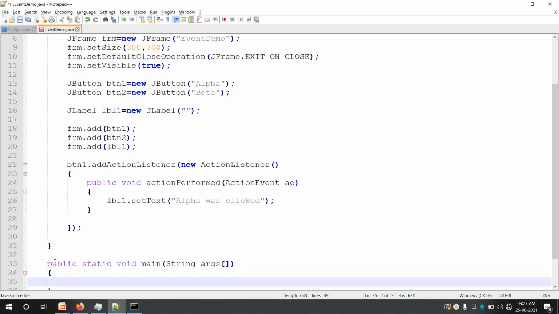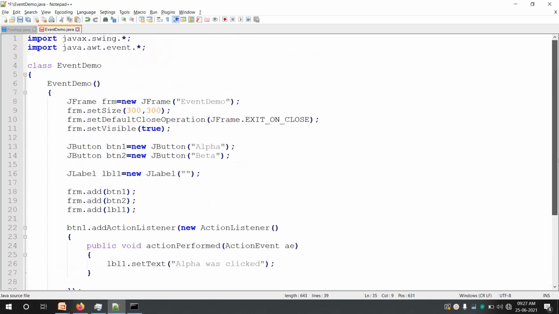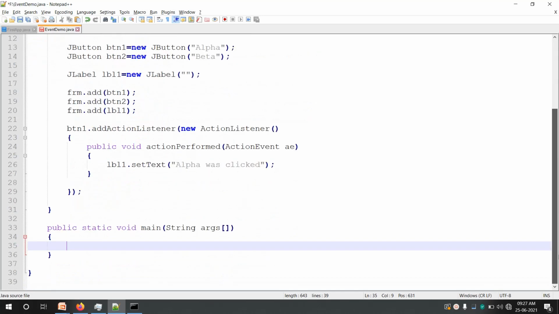Okay, from inside the main we have to call the constructor, because the constructor creates the GUI. But as we discussed in the last session, while creating a GUI, it has to be created on the event dispatching thread.